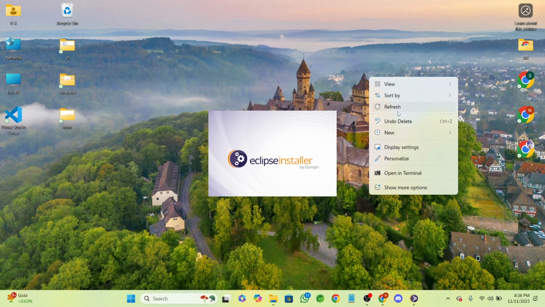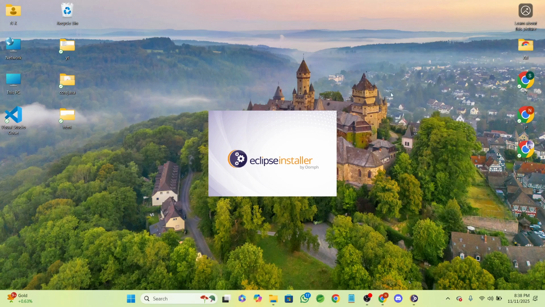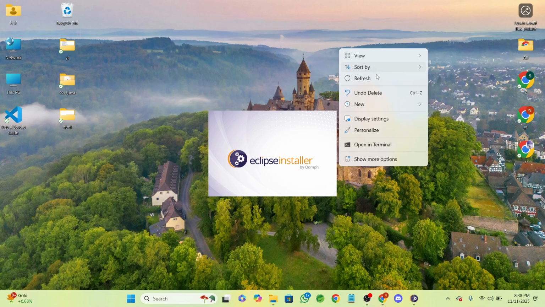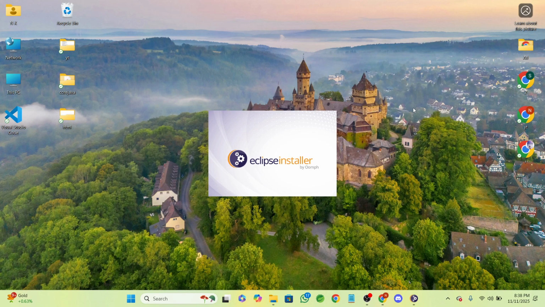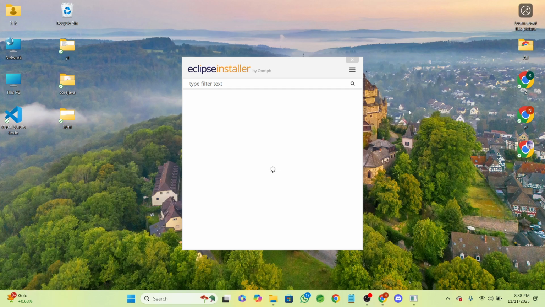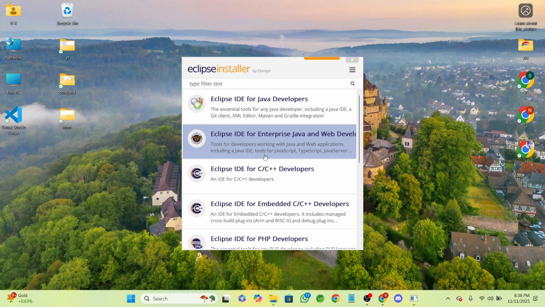Eclipse installer. After successful double click on that, it will navigate to some window, and here it shows that